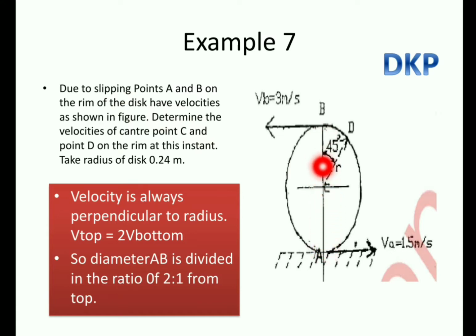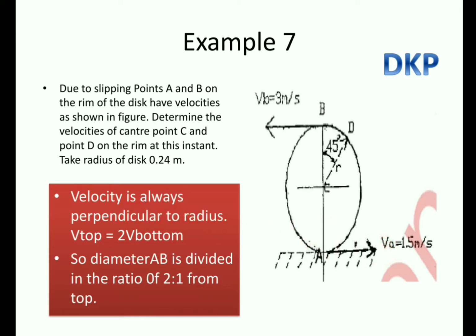How do we come to know that on line AB we are going to have our ICR? Because they have given a velocity at point B, which is the topmost point. They have given the velocity at point A, which is the bottommost point, and we know that they are perpendicular to the vertical diameter. So on this vertical line our ICR will lie. We know that velocity is always tangential and it is perpendicular to the radius. So the ICR will be somewhere on this line AB, and the radius will be perpendicular to the velocity. So this line is perpendicular to VB as well as VA. So my dear friend, let's see how to locate the